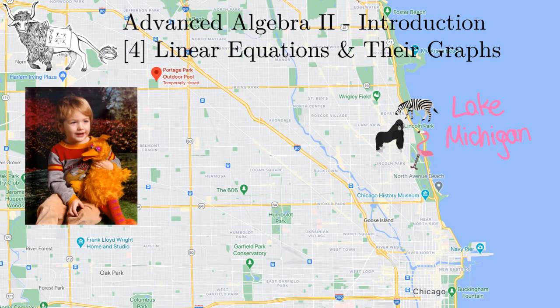grew up. I used to walk to the Portage Park pool in the summer, where they had a 5-meter platform and a 10-meter platform that you could dive or jump off of. Pretty crazy and scary. So let's get back to the math and try to understand rise over run from this